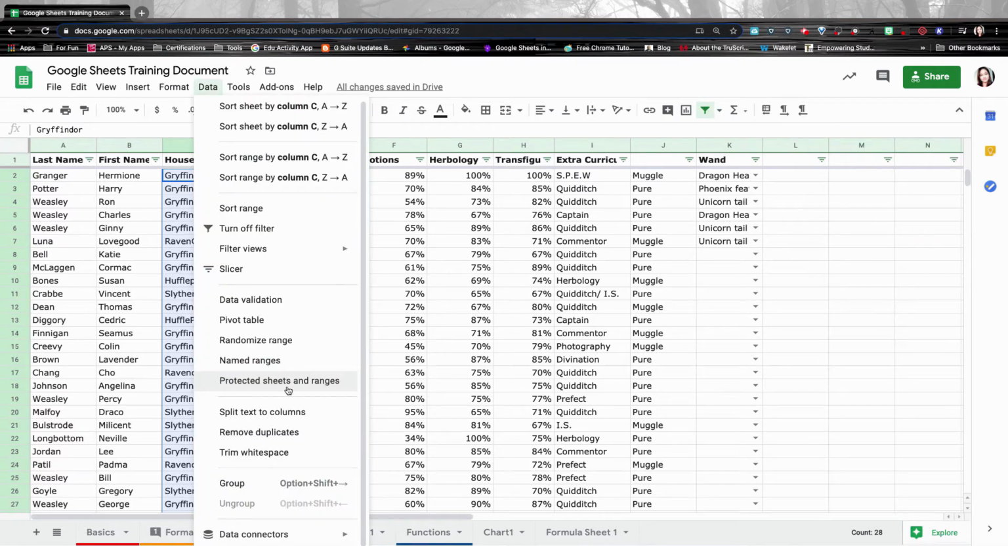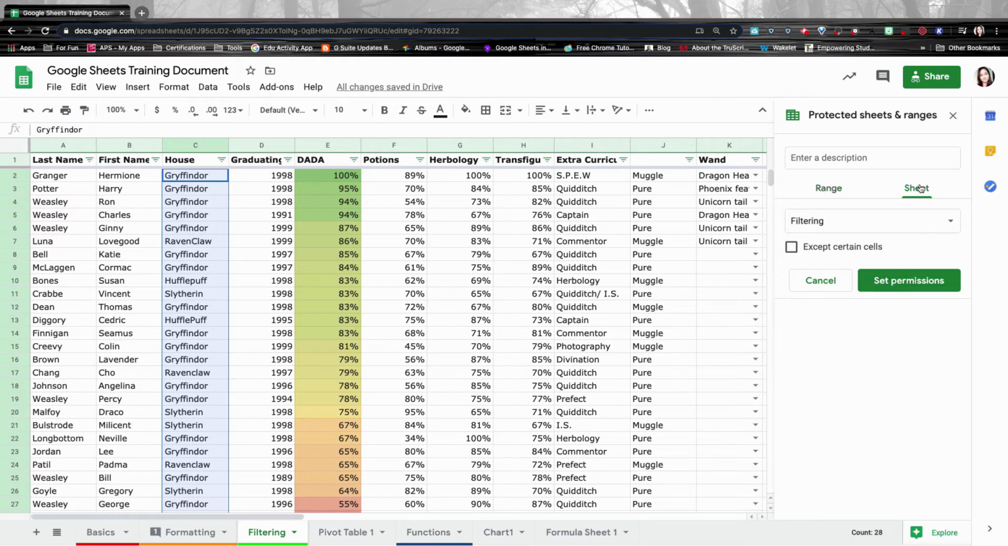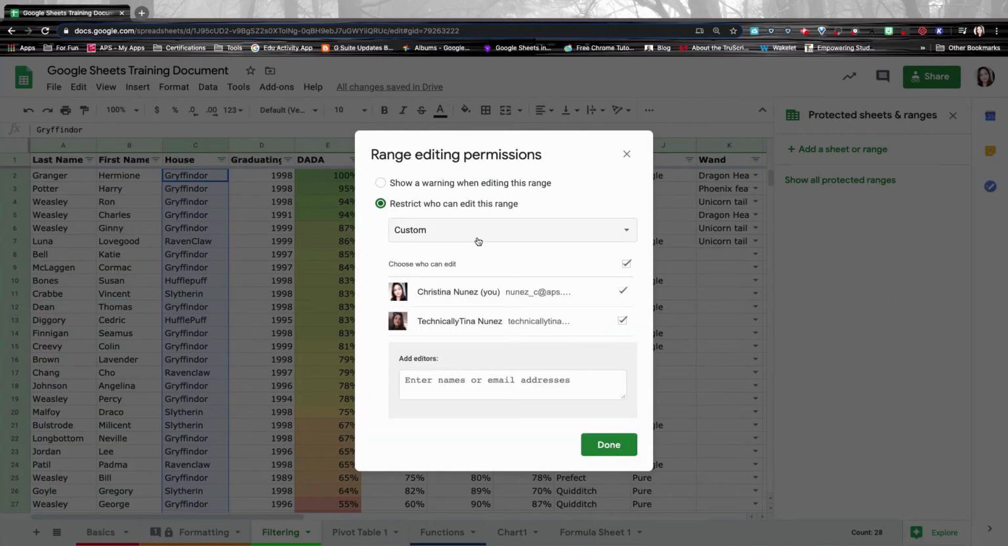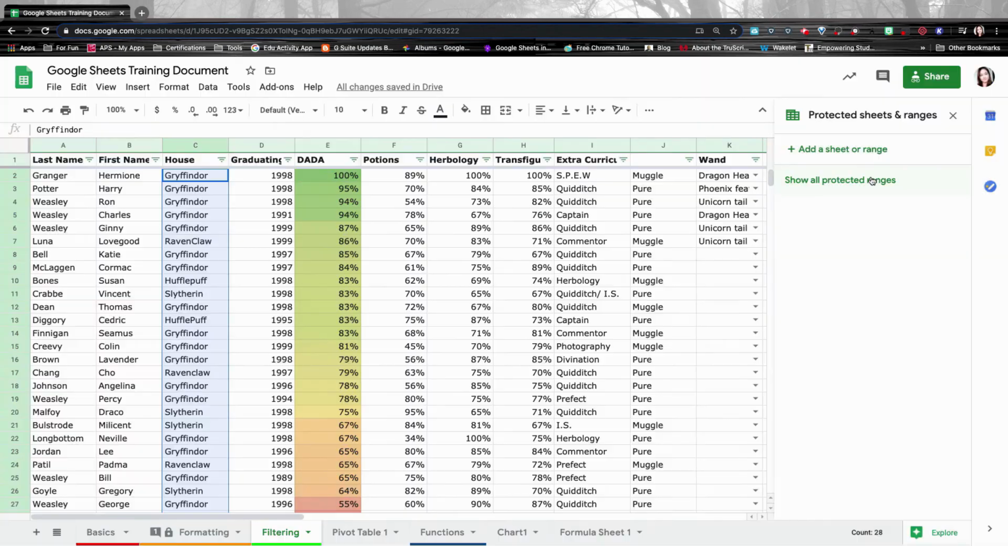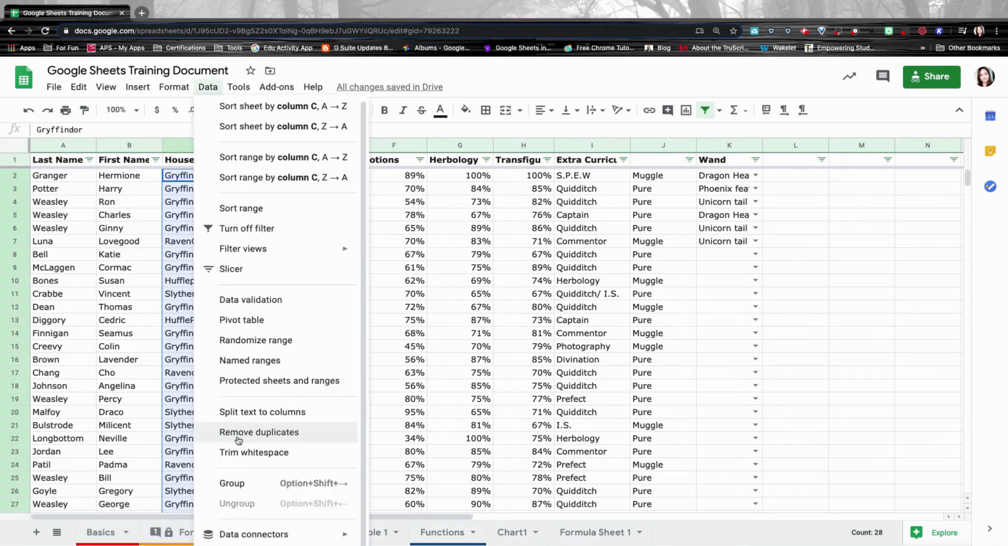Google Sheets also allows you to do protected sheets and ranges, which allows you to set sharing permissions either across an entire range of cells or an entire sheet that you choose within the Google Sheet. I can set permissions where I can show a warning or restrict who can edit this range versus the rest of the Google Sheet. You're going to see that at the bottom of the sheet that is protected, there's going to be a locked symbol. You can remove duplicates or trim the white space that is around the sheet that is extra